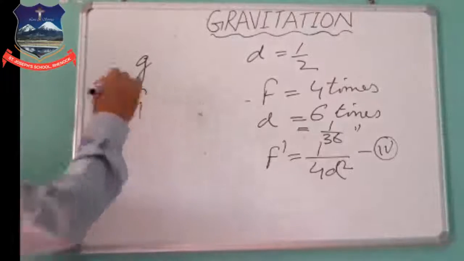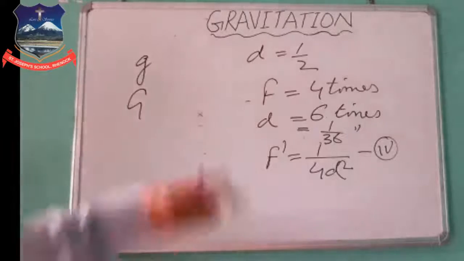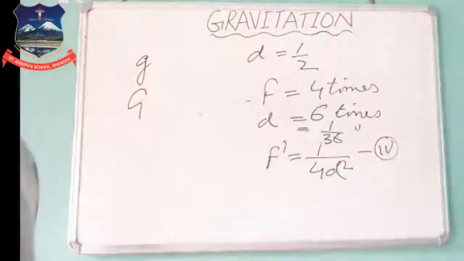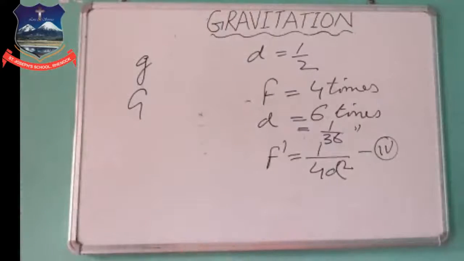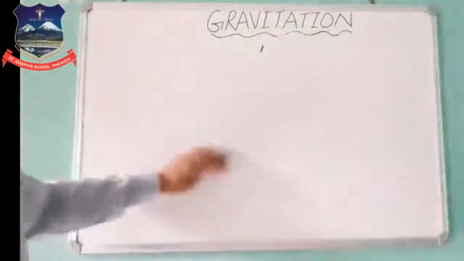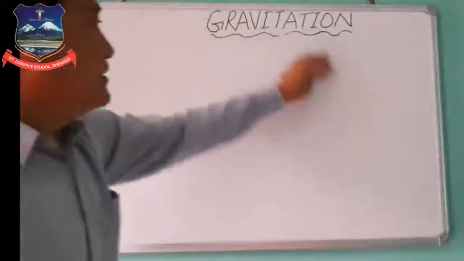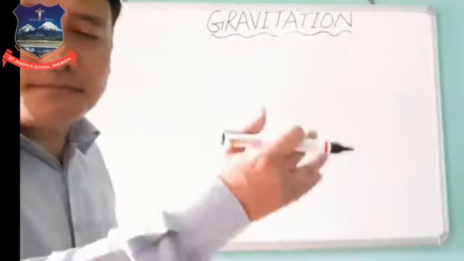Newton's law of gravitation is also useful to find the value of the gravitational constant. It is also useful to find the masses of planets and stars, and the radius of the Earth. So these are the applications of Newton's law of gravitation. Now the next point is the unit of gravitational constant. As we know, the value of gravitational constant is 6.67 into 10 to the power of minus 11